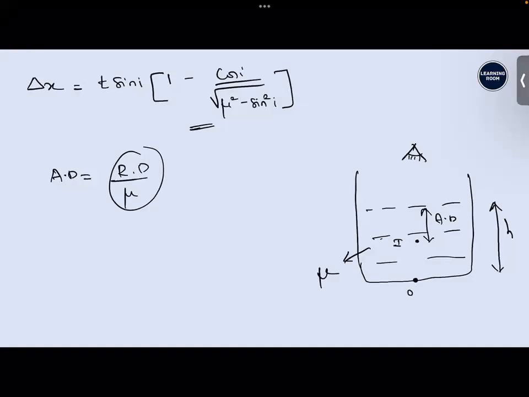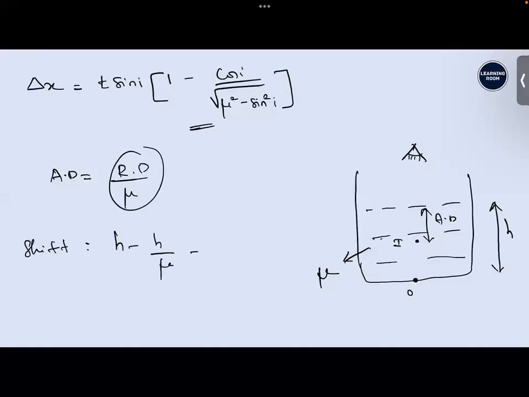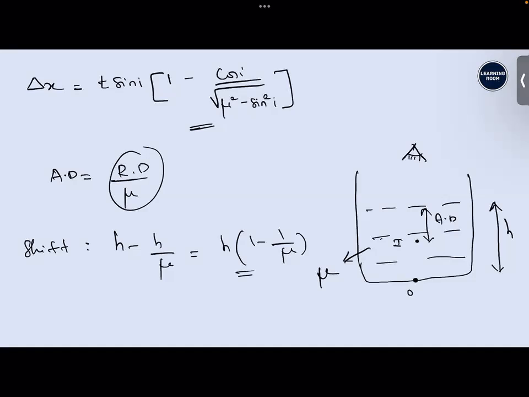Am I clear with this point? So what is the apparent shift that has happened? So what is the shift? H minus H divided by mu, or H into (1 minus 1 by mu). So when you're solving a problem, you need to read it carefully. They're asking apparent depth or shift depth. Okay. Since this is the last point,